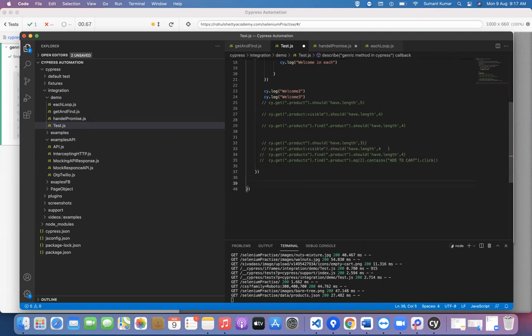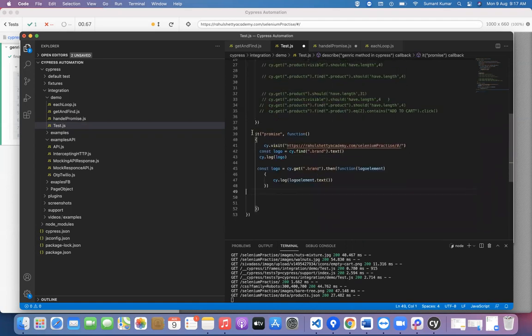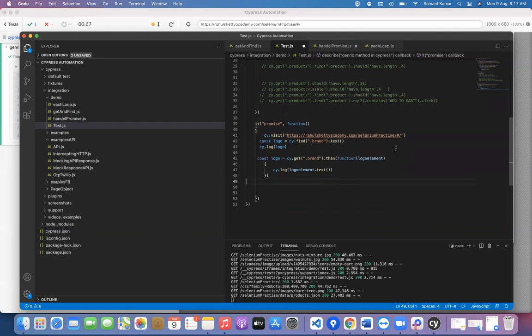I used another it method, and here I'm going to handle the promise. So again, I launch the same URL, and after launching that URL, I'm trying to store the